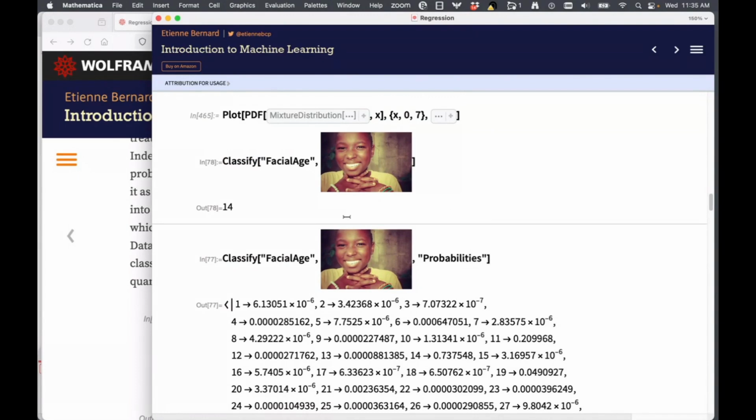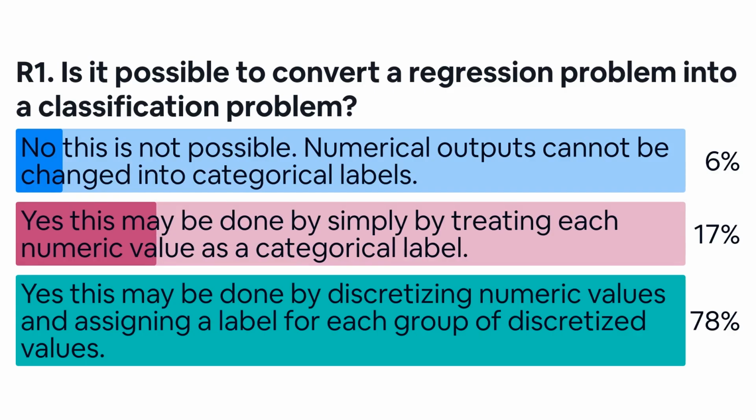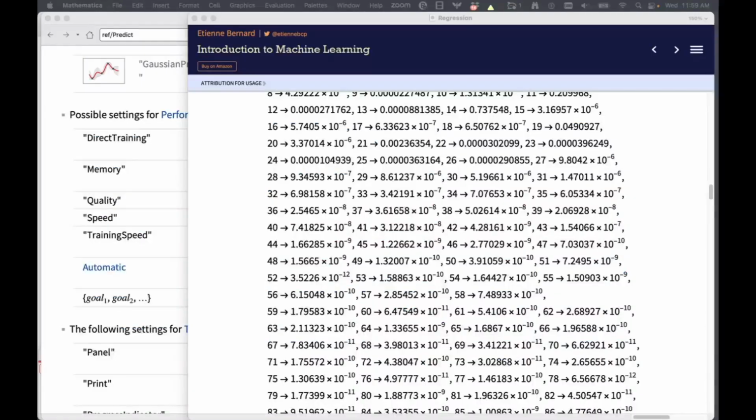It can be a little cumbersome. So the right approach would be to discretize the numeric values. You don't have to worry about this first option here. Yes, of course, a numeric output cannot be converted to categorical labels, but you can rephrase the problem as something like this and then work with that.